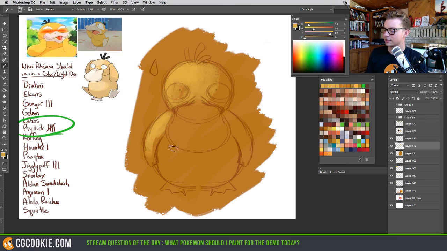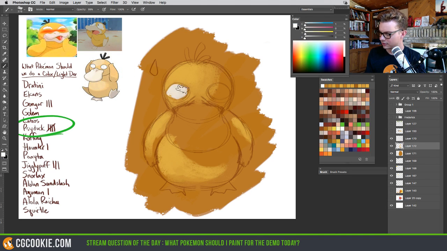I'm going to get the top of his shoulder on his belly, and then there's going to be a cast shadow from the beak somewhere around here. Then his head will be casting a shadow on his arm as well. So you may only get to see like that much of it. Something like that. And then we'll get a more rounded shadow on the bottom underneath of him. For his eyes,